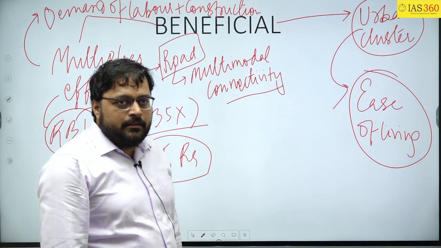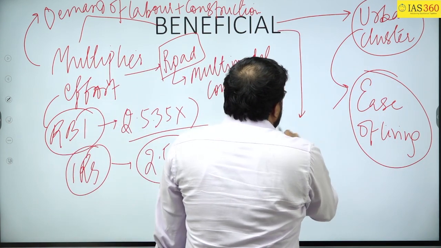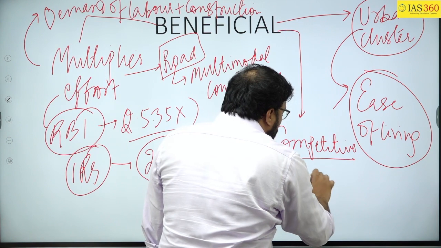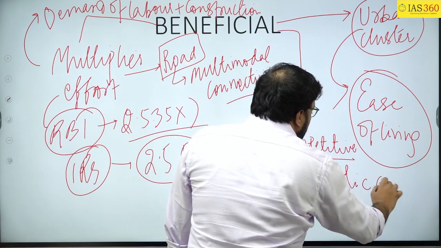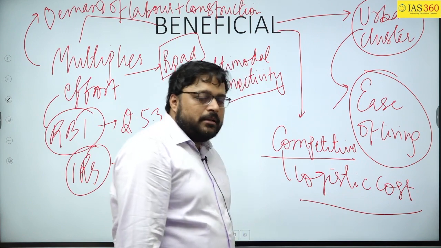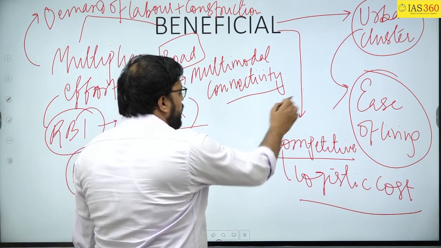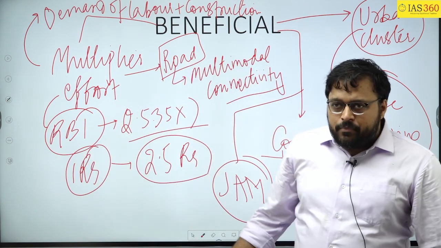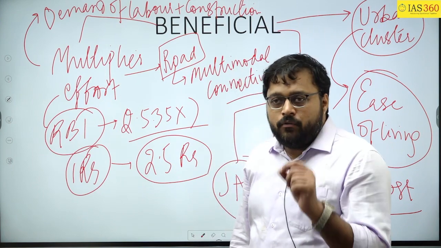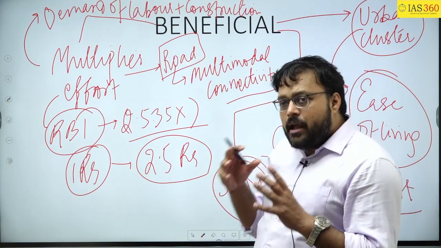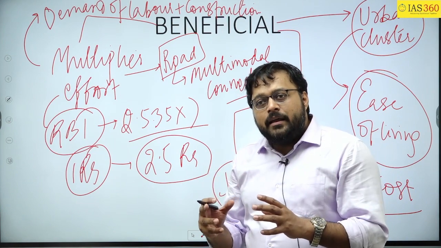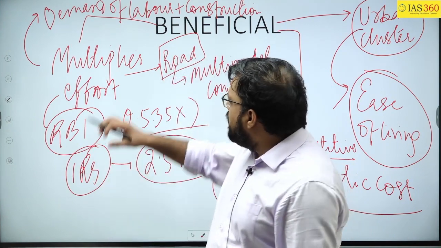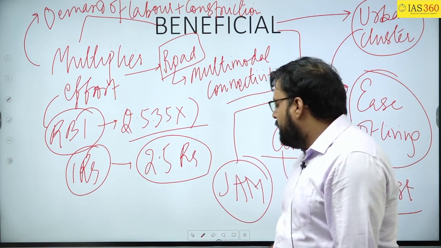Therefore it is said that ease of living is also one of the benefits of PM Gati Shakti. Then it will make our products competitive in the global market, because we are reducing our logistic cost by developing the different infrastructure under this PM Gati Shakti plan. Then you can say that what JAM did in financial inclusion, the same thing will be done in infrastructure by the integration of the different ministries, which will increase coordination and make implementation easy. So these are the benefits of the PM Gati Shakti plan.